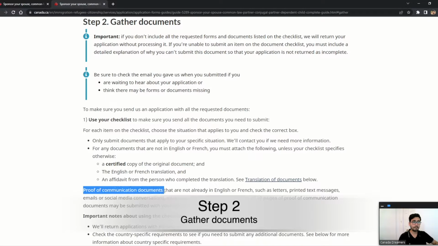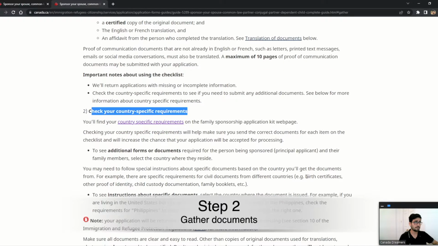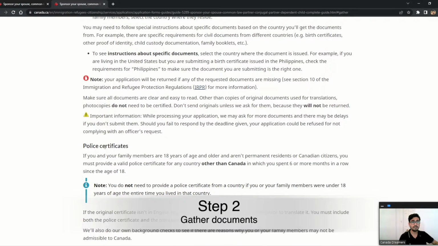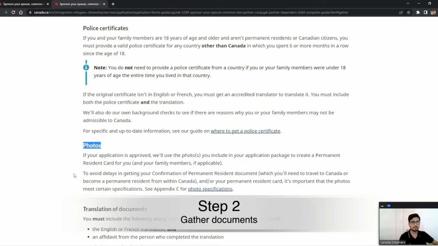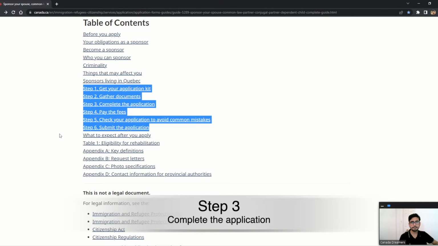Then you have proof of communication documents such as your text messages, your social media chat screenshots, and emails. I have already made a separate video on this topic, so you can refer to that video on the channel. Then you have some country specific requirements and your birth certificates, police certificates, your photos and so on. So please make sure that you are referring to your checklist and providing all the required documents to IRCC. I hope step 2 is also clear, and now we will move on to step 3, which is